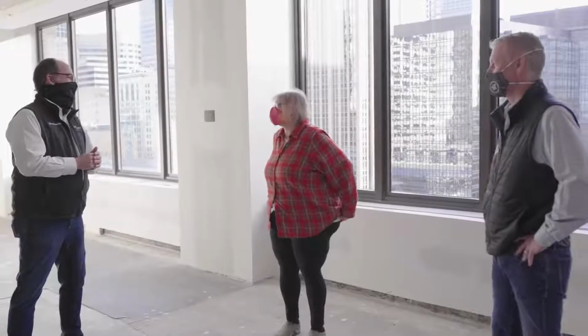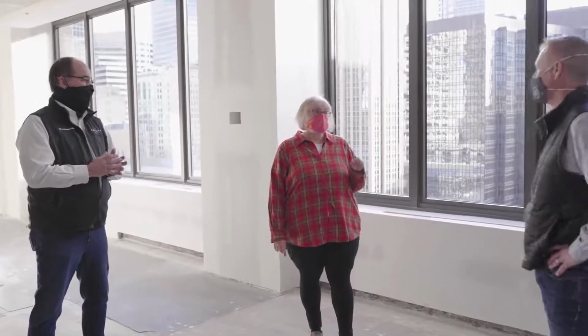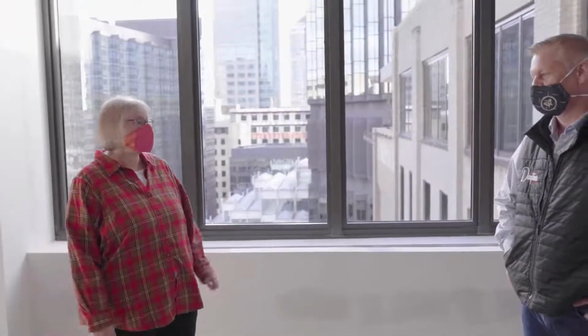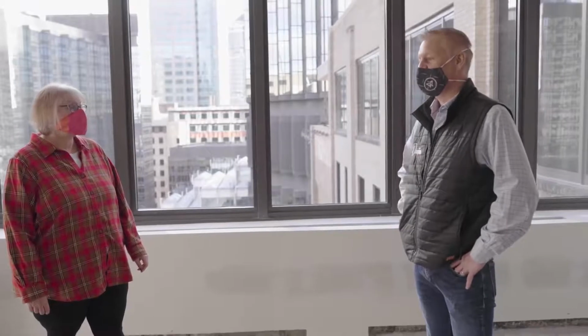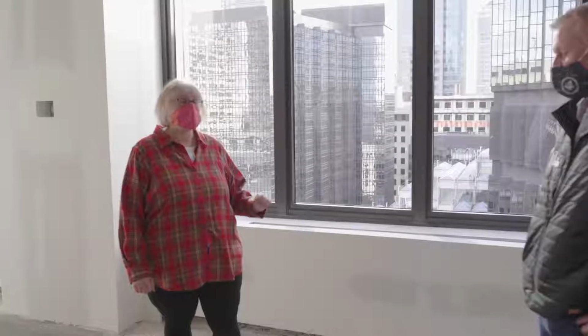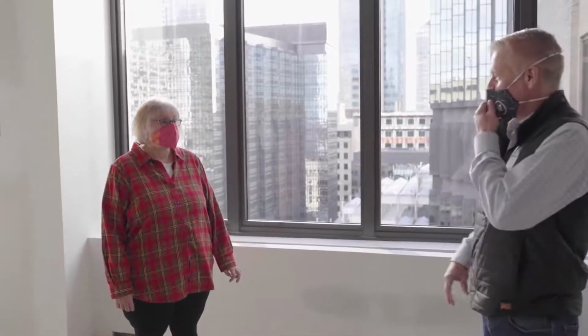How many square feet is the building? We're just at about 1.2 million square feet of total project. So can you put that in perspective for people that don't even know how many square feet anything is? Well, typically what you see downtown in all of these skyscrapers, these are all nearly 1 million square feet in size. So in overall project size we are the same as a lot of these big skyscrapers downtown. So it's as many square feet as IDS plus some, and only 12 stories and 11 stories and 8 stories. That's right. So we sit a little lower, but we absolutely take up more ground space, more land space than